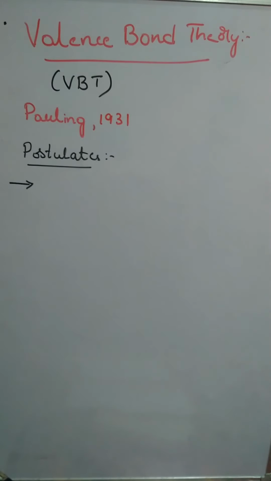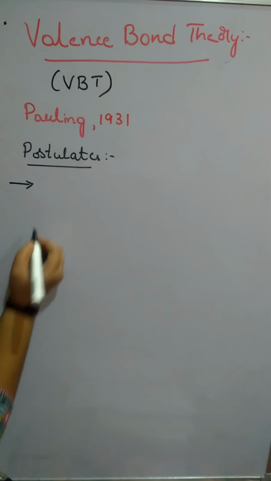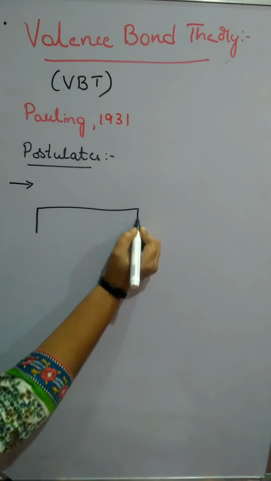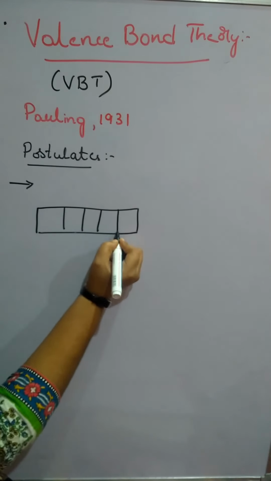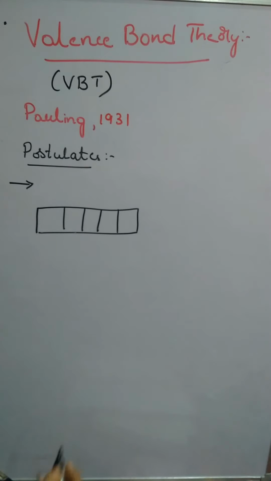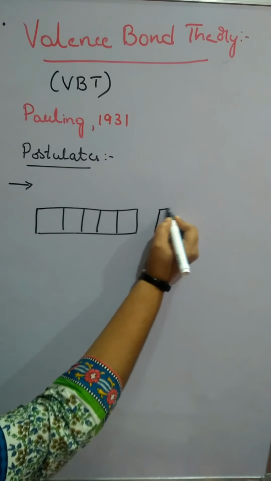The orbitals will be hybridized here. We have seen that whatever orbitals of the central metal are involved in the coordinate bond have to be hybridized. It undergoes hybridization to form equal energy orbitals. During the hybridization, it may take inner d orbitals or it may take outer d orbitals also.